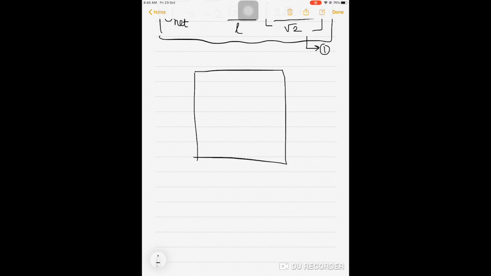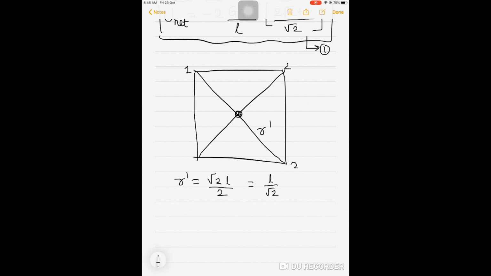Now it is clear that on the center the distance will be half of the diagonal. So here, for this r dash, suppose the distance r dash will be root 2 L by 2, that is L by root 2. So each one from 1, 2, 3, 4, the same arrangement is there, m, m, m,